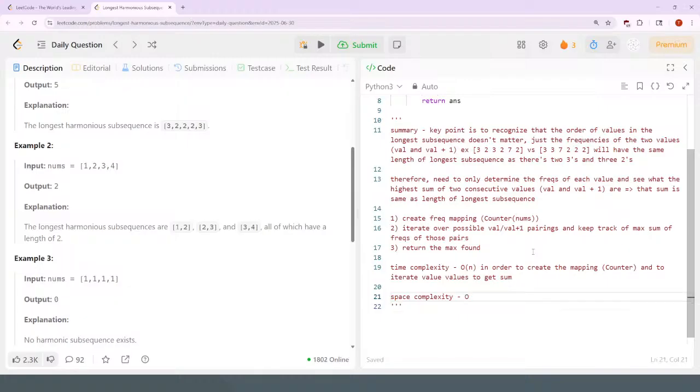Space complexity is going to be O of v, where v is the number of unique values in the nums array. You can argue this is at worst O of n, if the number of values could be at most all unique values in n values. Anyways,